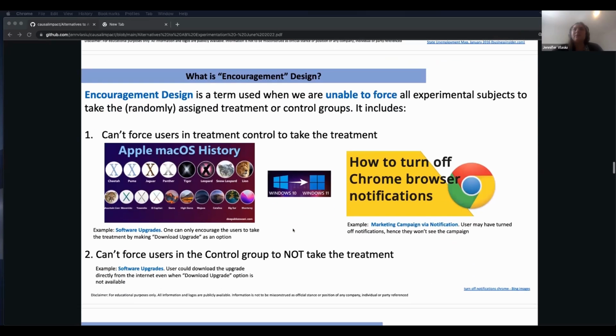Another reason within causal inference is something called encouragement design. This is a term where we're unable to force all the experimental subjects to randomly take the assigned treatment or control. This is also within the causal impact and causal inference literature, and opportunities come to light. Now going back to our bread and butter, if we were to apply this in, say, a